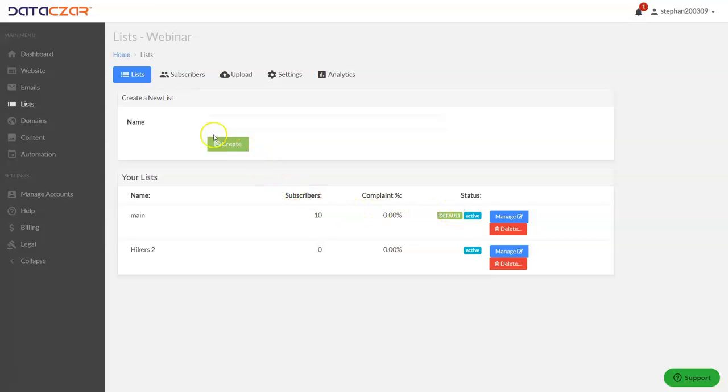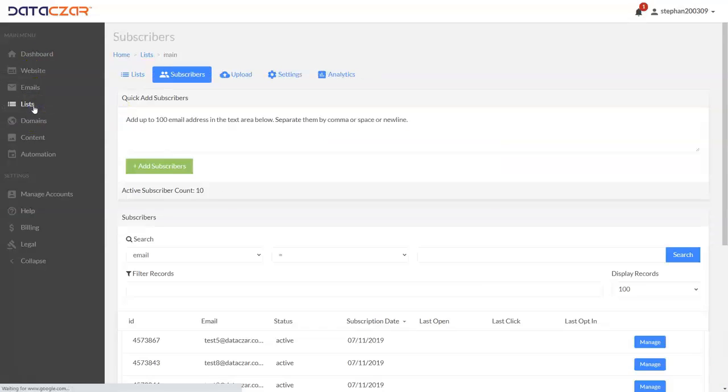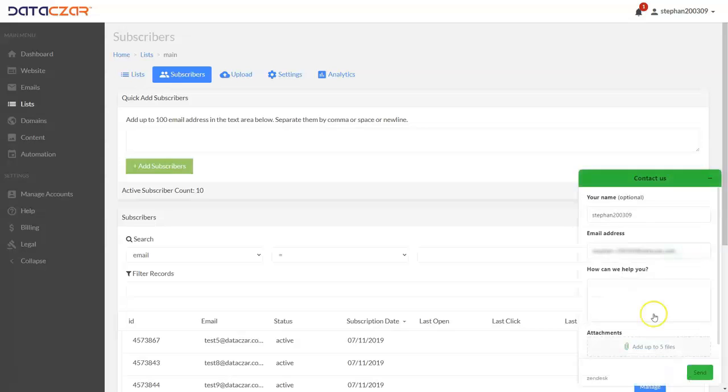And one other thing, while we're talking about tutorial help, let's go to the help button. And this is a good place to go to watch featured tutorial videos. Also, you'll notice, let's go back up here to our list button. Also, you'll notice down here is the support button right here. If you need any help, just click the support button and type in your name